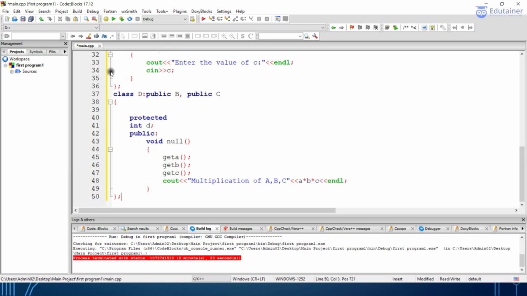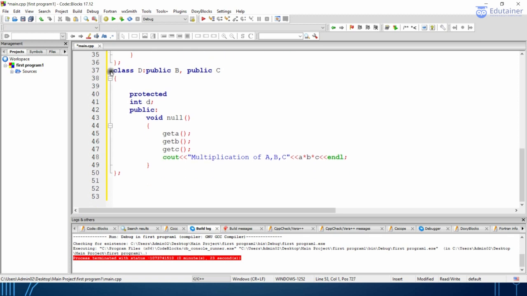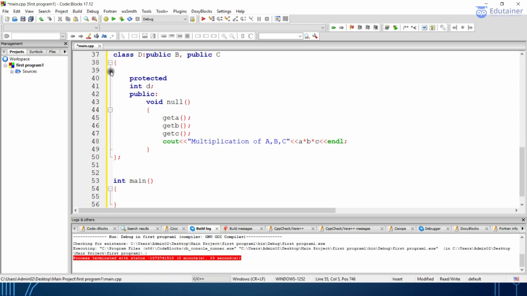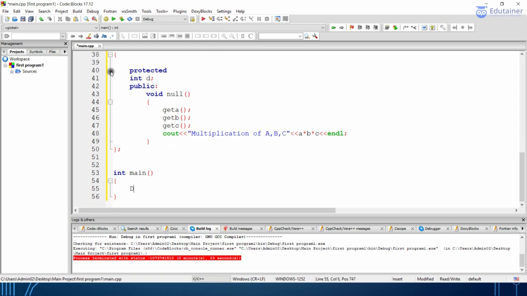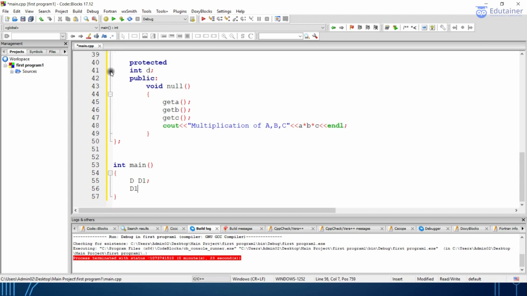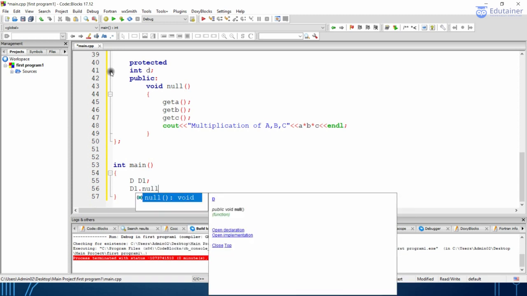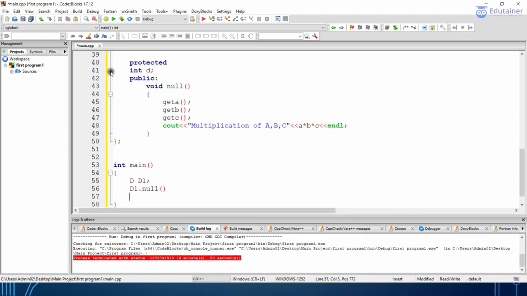Okay, then we will be jumping out of these classes. So total classes that we had created are 4: A, B, C and D. Now we will be creating the integer main function. In this function we will be calling the D class and creating an object D1, that is a class of D. So using the object we will be calling D1 dot null function. Okay,